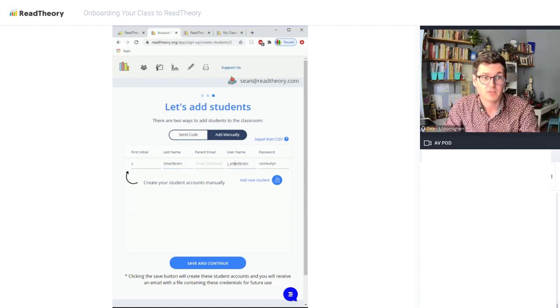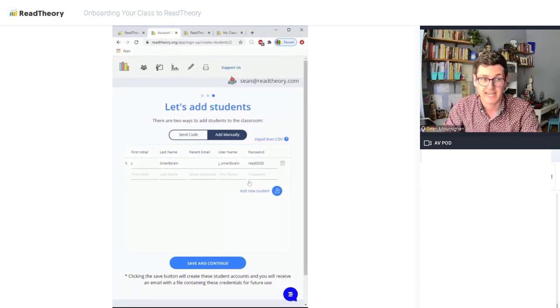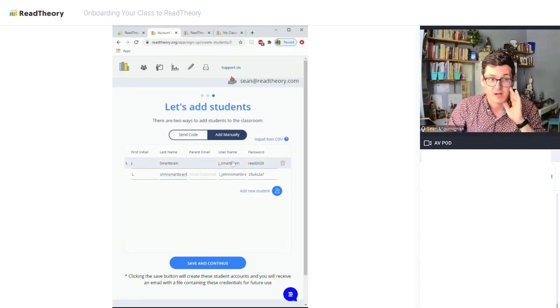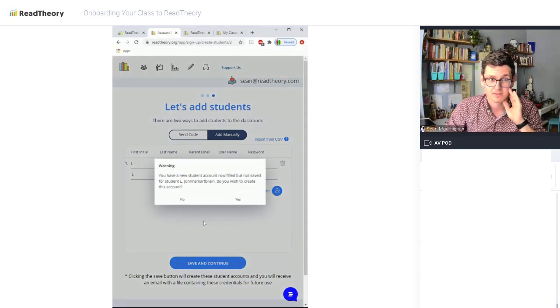Great. And then it'll auto-generate a username for them and a password for them. Now that can be really nice, or you can go ahead and say you want to change it to something simpler for that student. You click Add New Student, and you start it all over again. Okay, so this is going to be Little John Smart Brain. And that's really it. It'll create automatically a username for them, passwords will be generated, and then when I click Save and Continue,